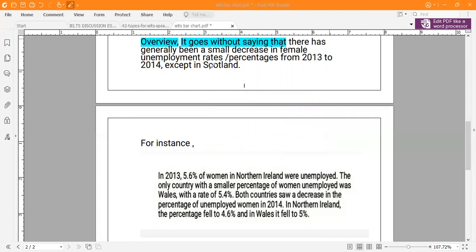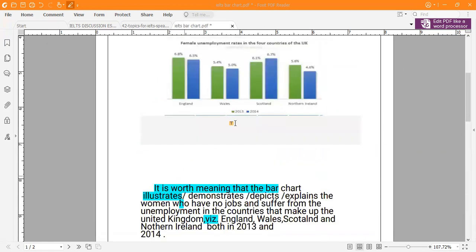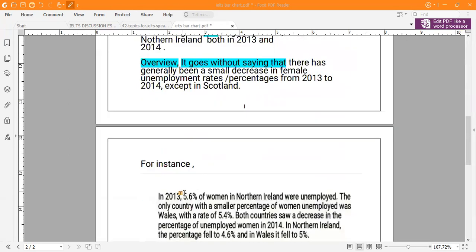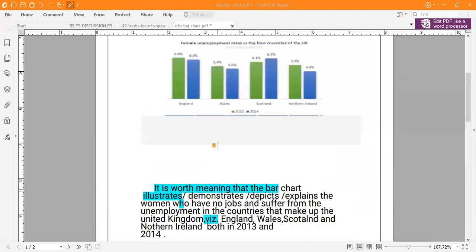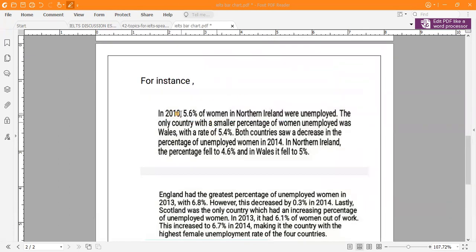5.4. طيب الآن أخذنا الثنتين الدول اللي هو ويلز وأخذنا أيضا نورث إيرلند الثنتين. ويلز كانت 5.4، أوكي، وأيضا نورث إيرلند was actually 5.6. الثنتين أخذناهن مع بعض في 2013 وقلنا both countries saw a decrease، يعني شهدت انخفاضا، in the percentage of unemployed women in 2014. حلل مثلا in North Ireland the percentage fell to 5.6 and in Wales actually it dropped to مثلا